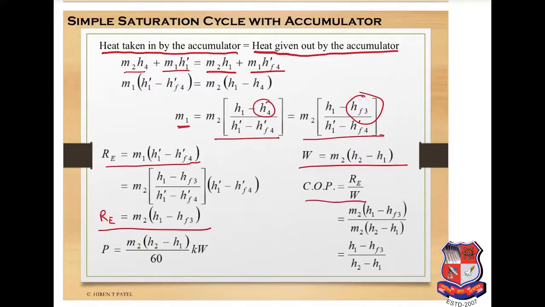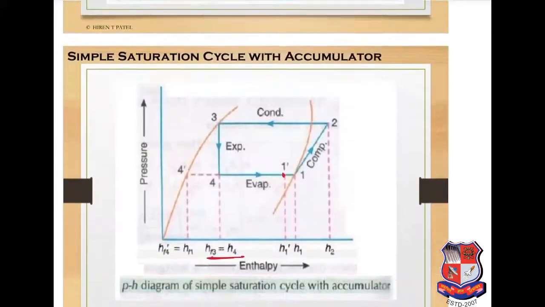COP is RE by W, and we are having (H1 minus HF3) divided by (H2 minus H1), that is the final COP of the system. So here also the coefficient of performance and power required is the same as the simple saturation cycle. So the benefit of using the accumulator is only to protect the liquid refrigerant from flowing into the compressor, and thus dry compression is always ensured,